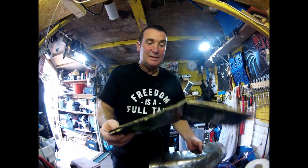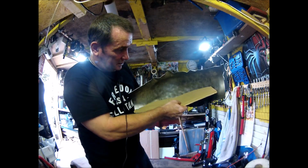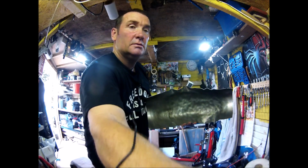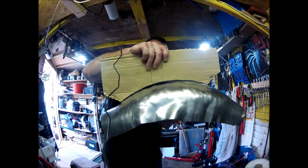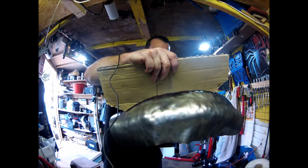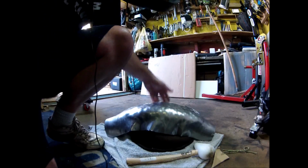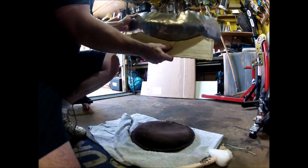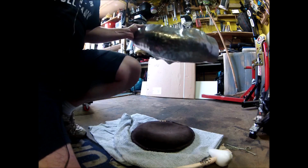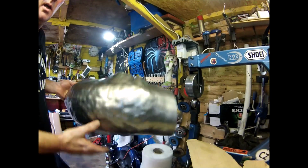So absolutely knackered, loads of hammering, but ignore the edges, we're pretty much spot on the internal and pretty good on the external. There's a bit of a calamity in the middle there, but I've just had another hammering session. I think I'll go through the middle there, then it'll be back on the English wheel. Let's try that. Yeah, that's pretty good. As I say, English wheel next. Oh, take them off. Bit of English wheel next to take out the ripples,